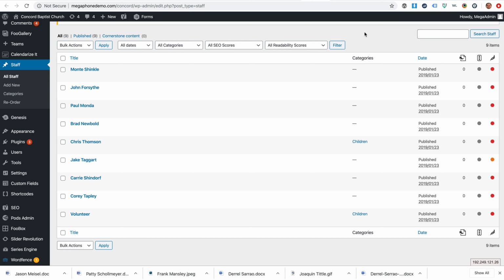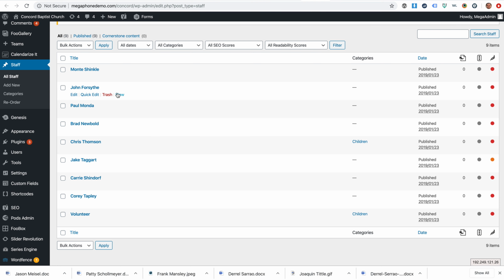Okay, we are taking a look here at the Concord Baptist website and how to set everything up so the widgets work correctly. The first thing you want to make sure is that you have your people categorized correctly so that they go with the appropriate pages, and so you have a category that goes with each one of them. And so we already have children set up on these people. That's what we had done on the initial template, and so you need to have categories set up for all